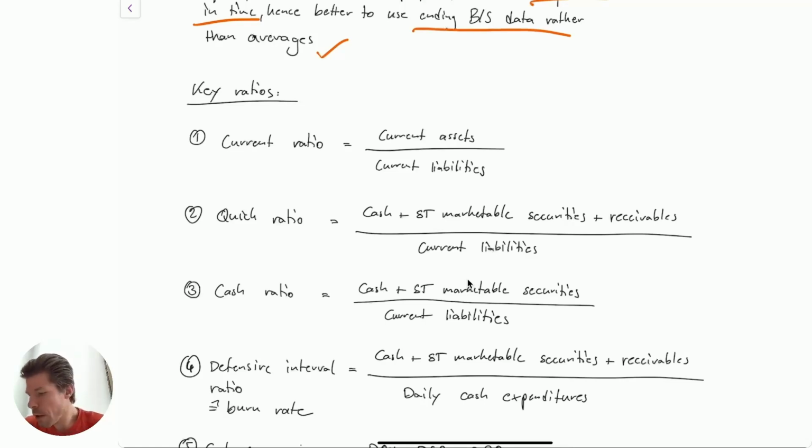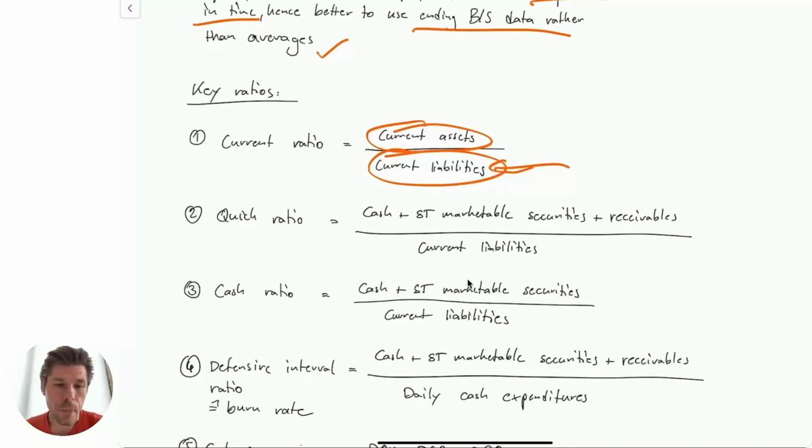Current ratio, first one: current assets over current liabilities from the balance sheet. The higher the number, the higher the level of liquidity, because current liabilities are the obligations that the company has. For example, accounts payable, has to pay suppliers, other shorter term liabilities, other payment obligations that may come due. And the assets are basically the means the company has available to use. We use current assets. It's a broad